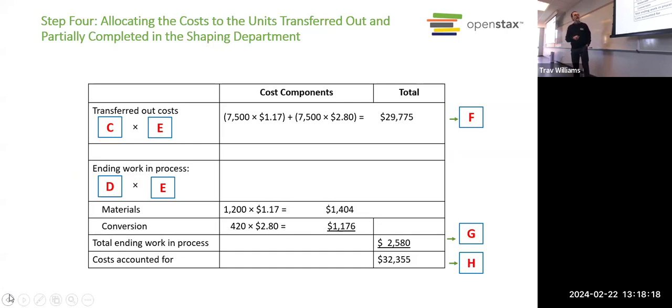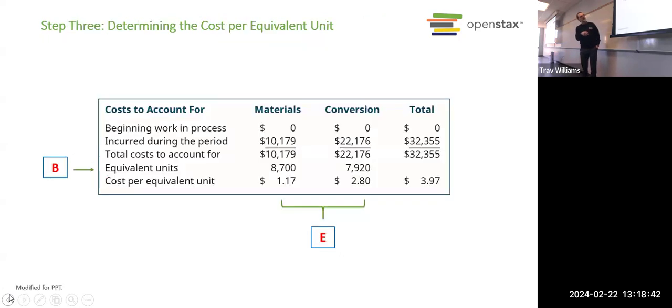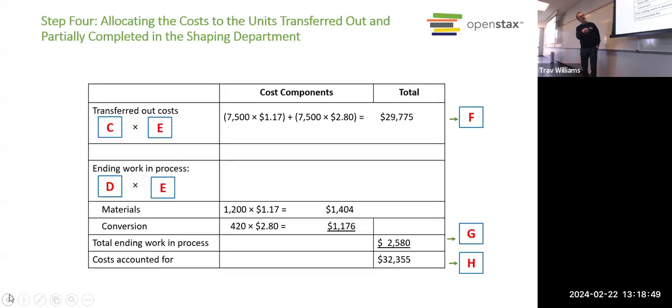So then once we have that cost per unit, we can take our material cost per unit, multiply it by the number of units we transferred out, take our conversion cost per unit, multiply it by the number of units we transferred out, and we know the total cost of those units we transferred out, right? And then you might remember we could also just take this total cost per unit and multiply that by the 7,500 we transferred out. And that would be a little quicker. That would get us the same number.